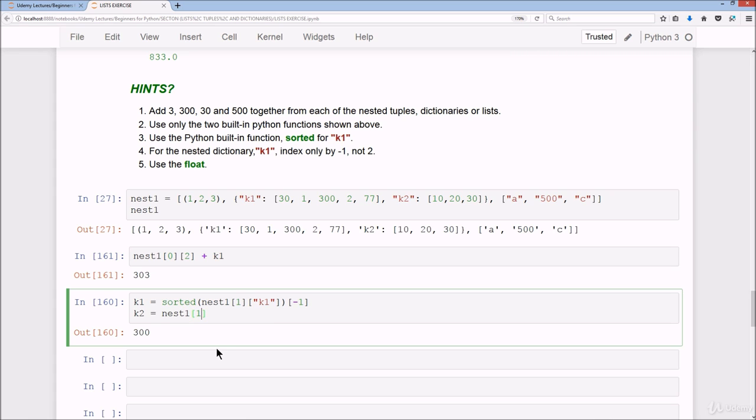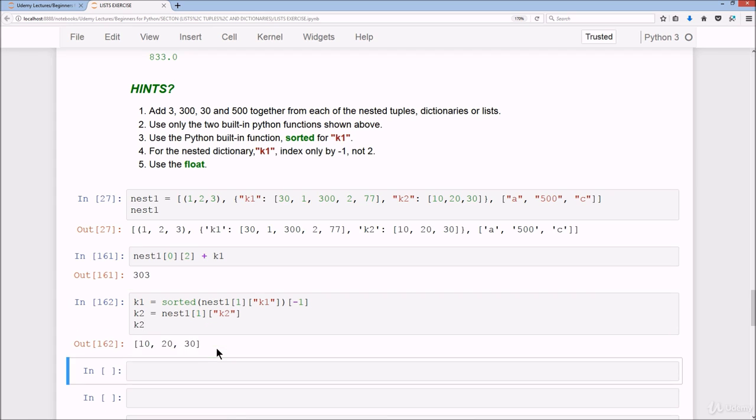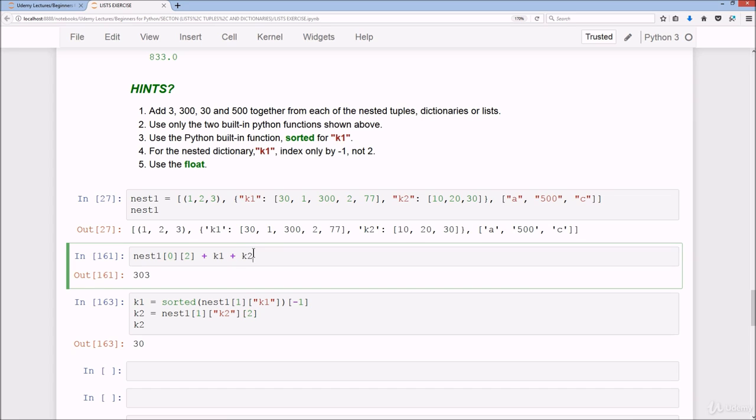Then that's going to be 1 again because it's a dictionary, and then we do K2, and if I do K2 here, okay, and then we want to get just 30, so we do plus K2, 333,